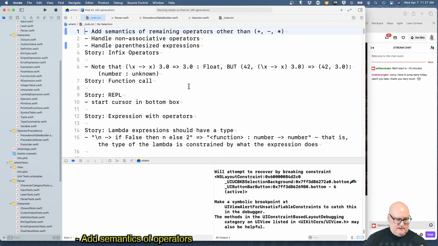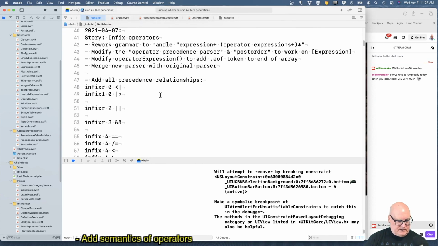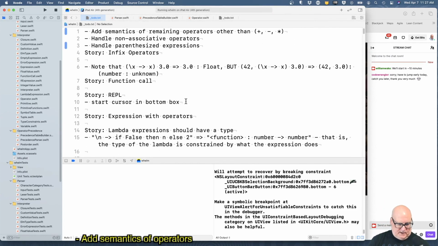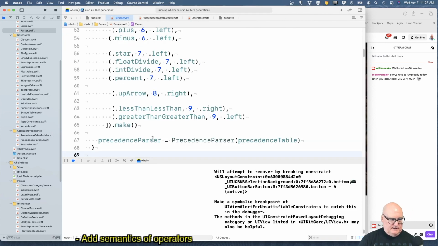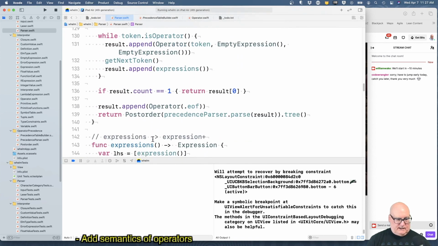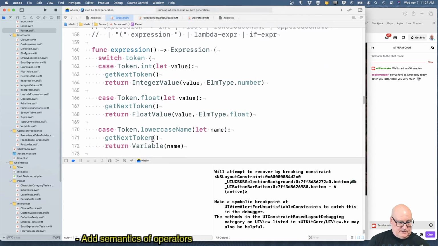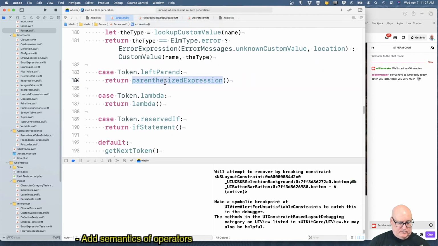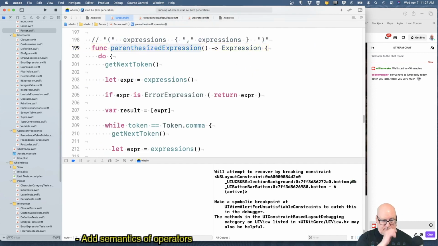This one we did. I think I know what's going on with the parenthesized expressions. I think they recursively call expressions, and not the operator expression, because we just added that one. So expressions, where's the parenthesis? Left paren, return parenthesized expression, yeah. Right. Yeah, I think these should be operator expressions.